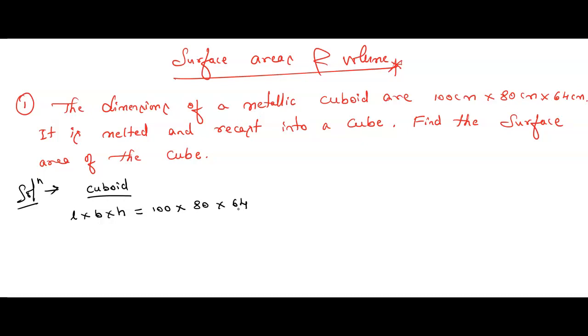Now what I am doing, assume this is my cuboid of this dimension. Assume this object, can you see here? This is my cuboid. This is not the exact shape of a cuboid, I am just giving you an example. Now what are we doing with this cuboid? We are melting it. After I melt this, I will collect all the material of this dimension. After melting what was made of this dimension, it will all become liquid. Are you getting my point? So what we do? We collect that liquid.